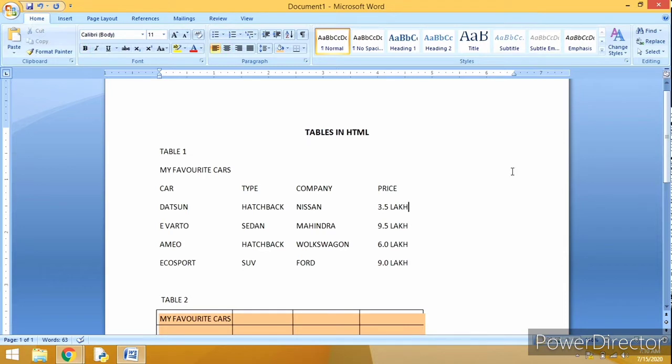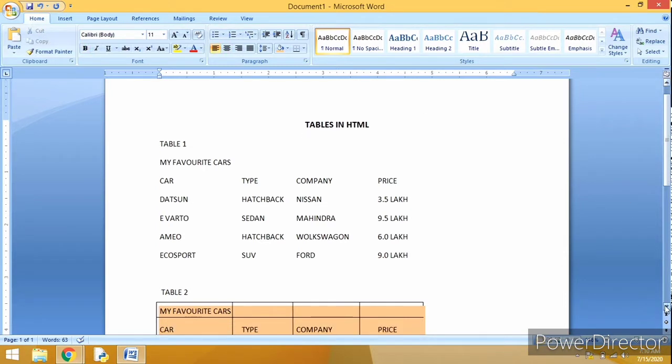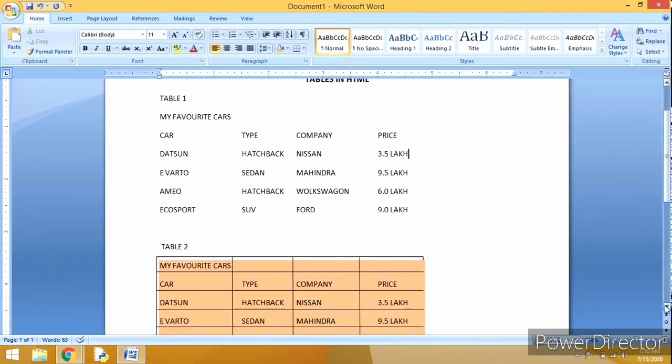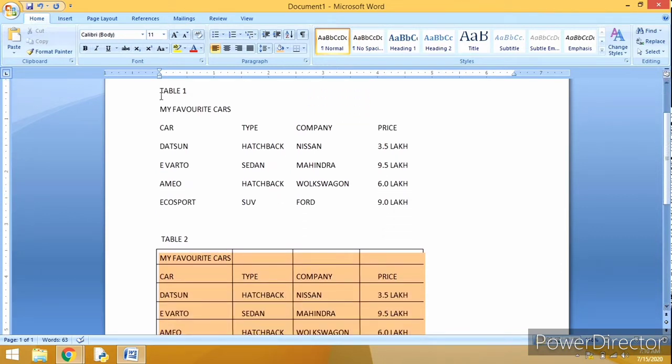Now, I have created table 1 and table 2. Can you view on the screen table 1 and table 2? This is table 1 and this is table 2. In this table 1 and table 2, I have got the names of the car, its type, company and price.